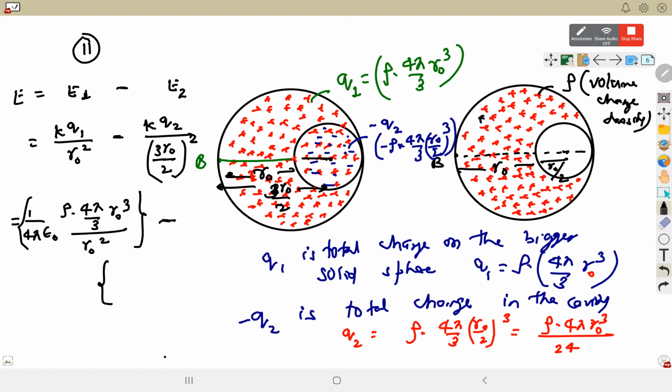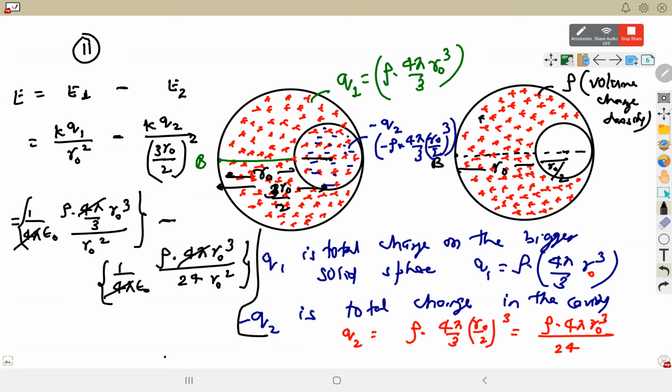Minus the second term, 1 upon 4 pi epsilon naught, Q2 is rho into 4 pi R naught cube divided by 24 into R naught square. 4 pi gone, 4 pi gone. How much will come in the first term? Rho R naught by 3 epsilon naught from the first term, minus